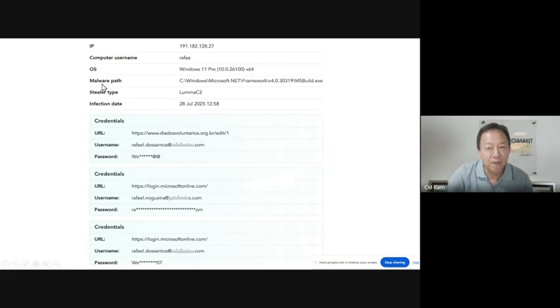And the malware path is where this infostealer called Lumma C2 sits in this device. So we even give you the path, so that if this information is found leaking or floating on the dark web, the team that manages this can actually look for this particular machine, look for this particular path, and look for this particular stealer type, right?